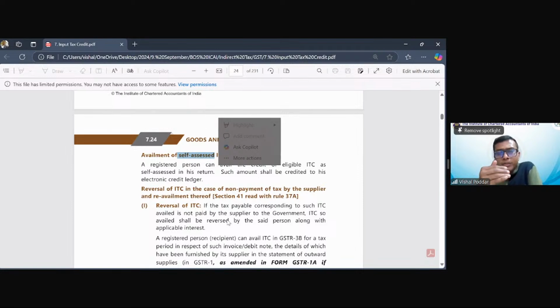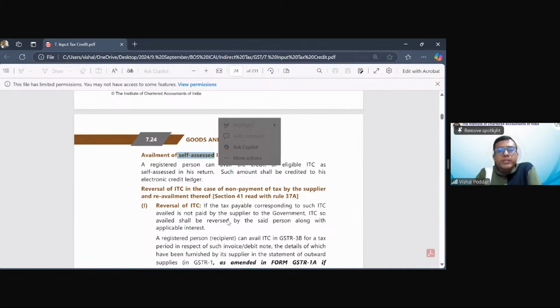Now, understand this point. In this month, in the month of December, I made purchases from Rahul. He gave me an invoice. I made him payment. Everything is done. Now the next month starts, January. He uploads the sales in his GSTR1. It starts reflecting in my 2A, 2B. I take the credit in my 3B. I am happy that this transaction is complete. But immediately after the due date of paying tax, that is 20th of January, is over, on my portal, I get to know that Rahul did not file his 3B.